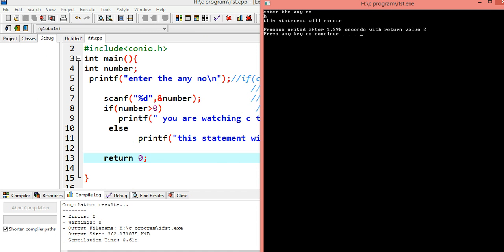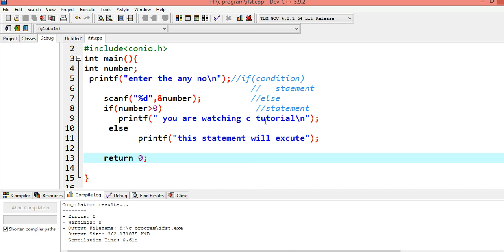Okay guys, so if there are multiple statements, then we have to use the braces here.